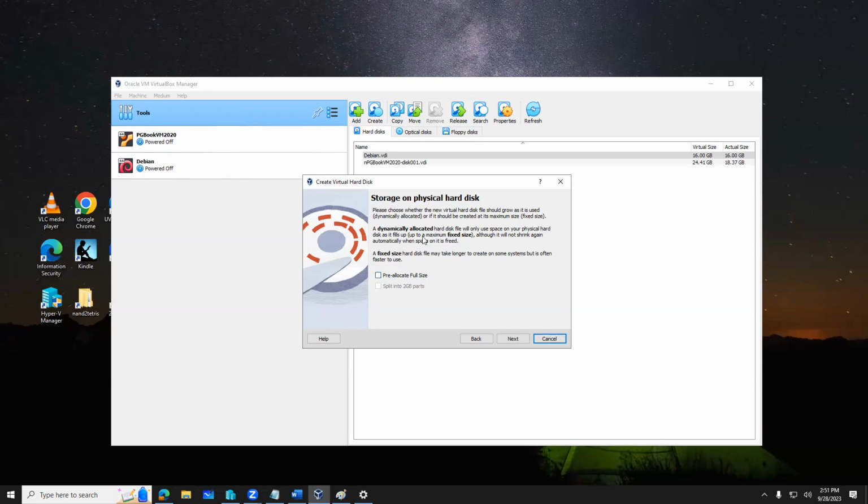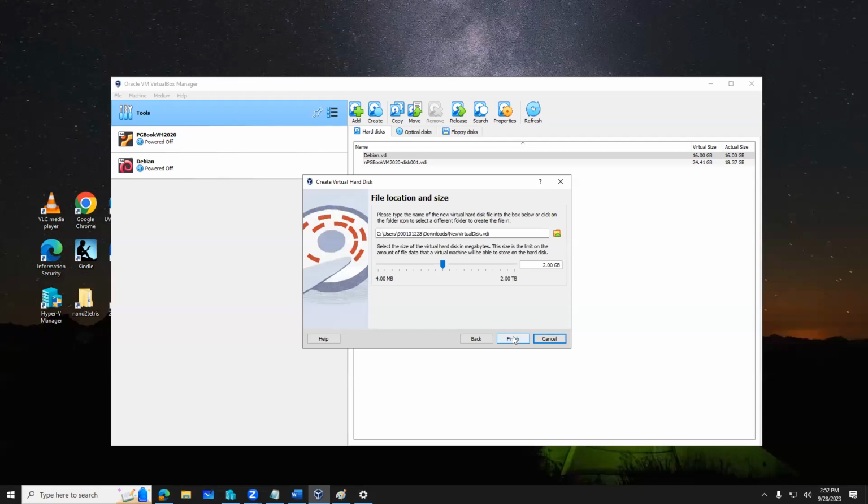Okay. This screen says storage on the physical hard disk. We're going to select pre-allocate full size. Now we want to select pre-allocate full size because we want to designate that one big chunk of your host hard disk as the virtual hard disk for your virtual machine. You're going to do this. You're going to click next, and then